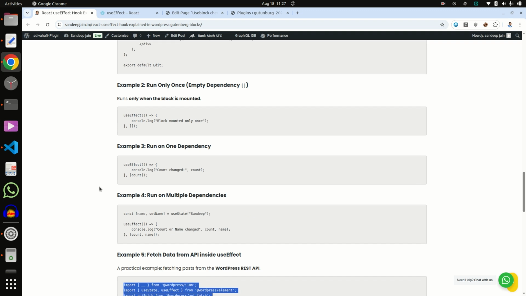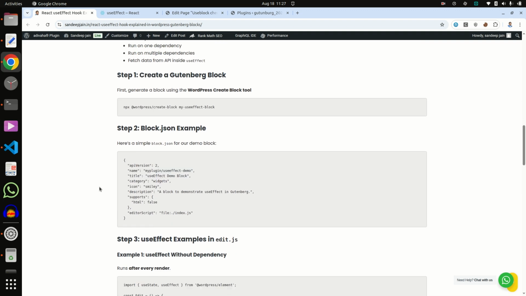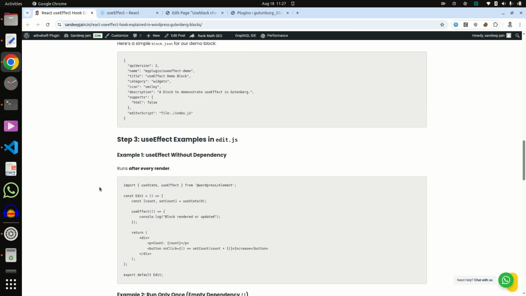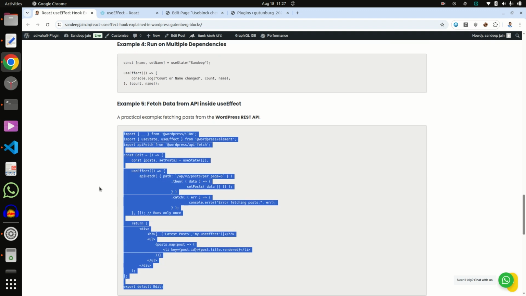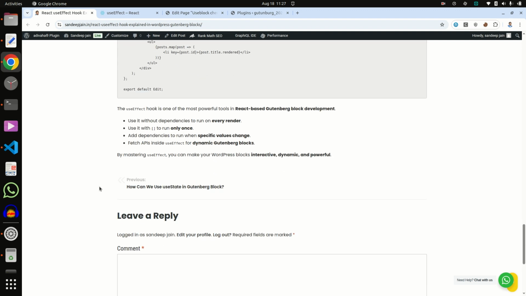Now, at what time should we use this useEffect hook? We should add the useEffect hook whenever there is something like an API call.